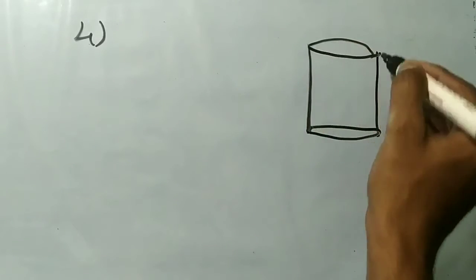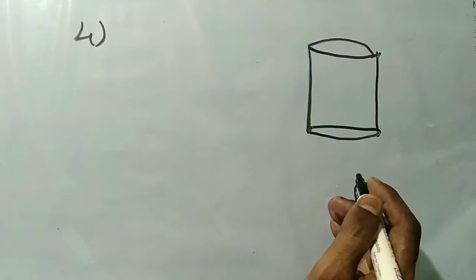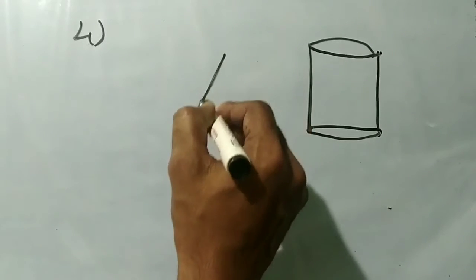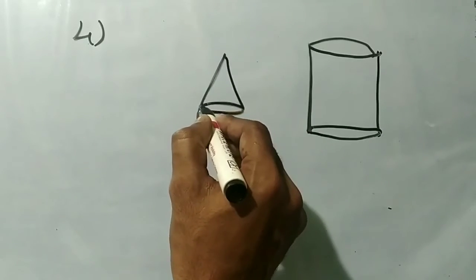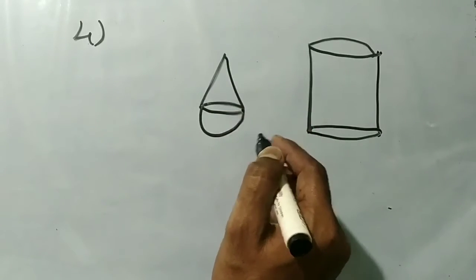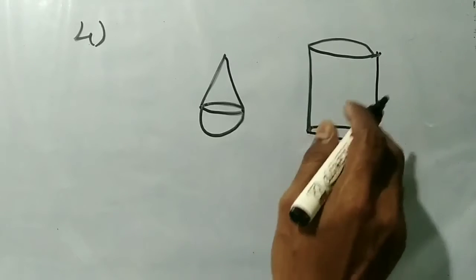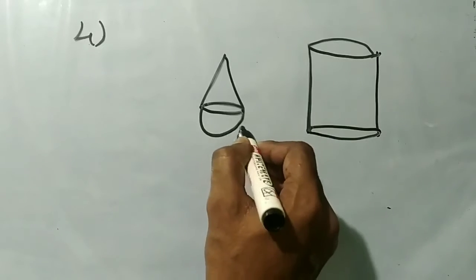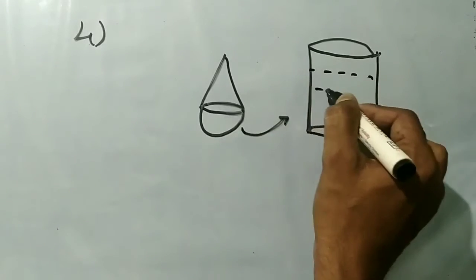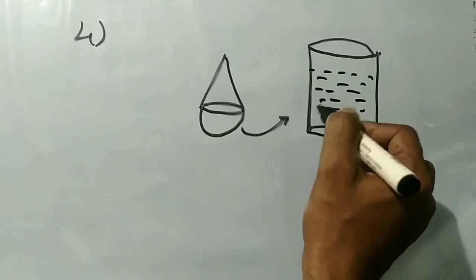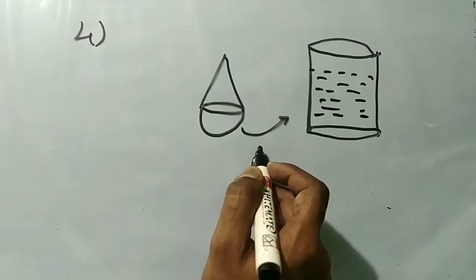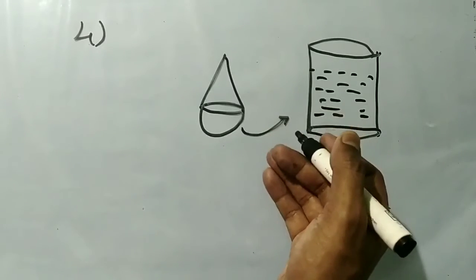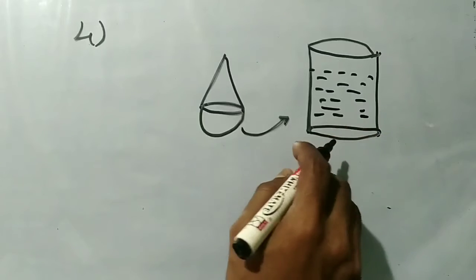So it is totally filled with water, and there is a toy structure, like a bucket. A right circular cone is mounted on a hemisphere, which is immersed in the cylindrical tub. So when this toy is immersed in this water, definitely it will displace some water. After the toy displaces some water, we should find the water left in the tub.